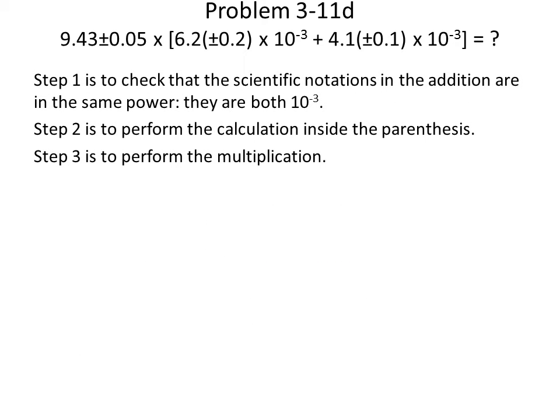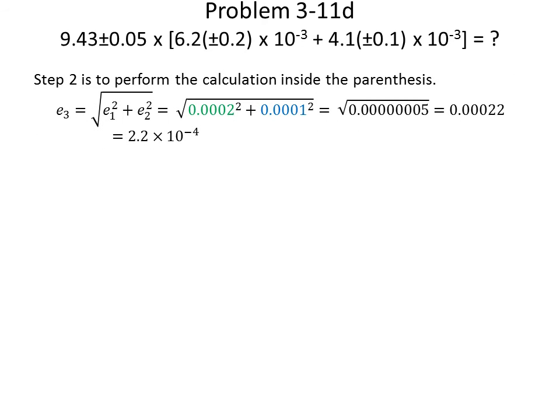Step 1 is to check that the scientific notations in the addition are in the same power. They are both 10 to the negative 3. Step 2 is to perform the calculation inside the parentheses. Step 3 is to perform the multiplication. Since we have already checked off step 1, we will proceed to step 2, which is to perform the calculation inside the parentheses. To do so, we will propagate the uncertainty